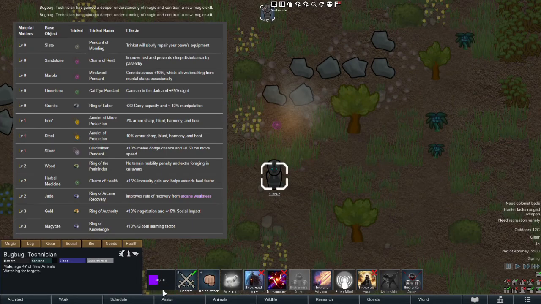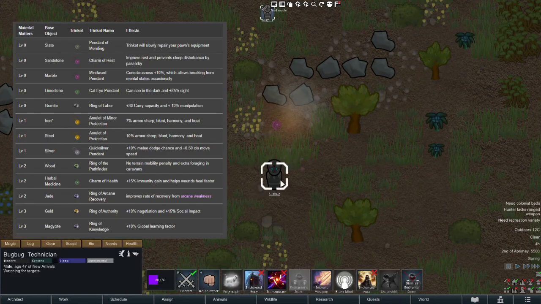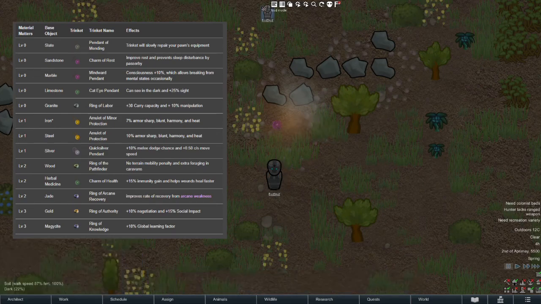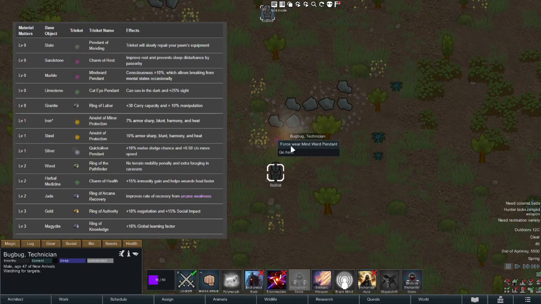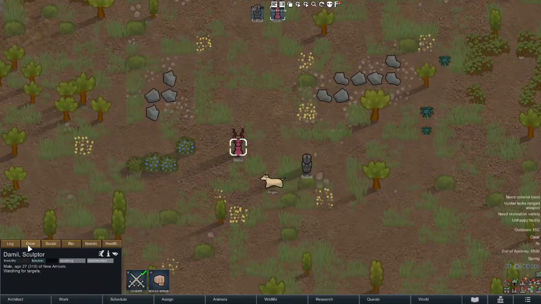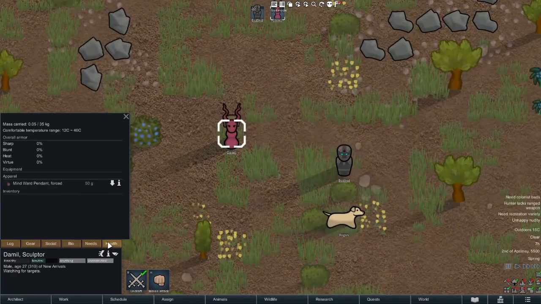As you can see, it's pretty costly, but this Mind Ward Pendant does not need to be worn by the Enchanter themselves. It can be worn by anybody within the colony. So if you have somebody who's going to have a mental breakdown and you have marble nearby, you can create a Mind Ward Pendant. So, if we give the Mind Ward Pendant to our friend Daniel, the tiefling here, if